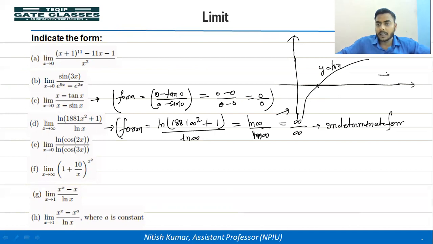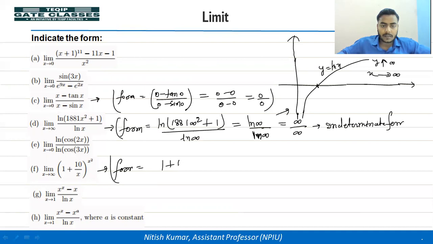So when x goes to infinity, then y will also go to infinity. So now we can calculate this form here also. Put the value x equal to infinity in this case. So 1 plus 10 to the power infinity, 10 by infinity to the power x, or infinity to the power infinity square. 1 plus 0. Here we are getting infinity. So this is the infinity.